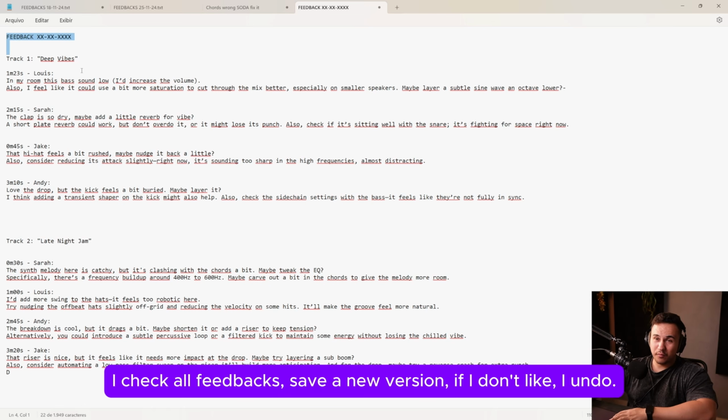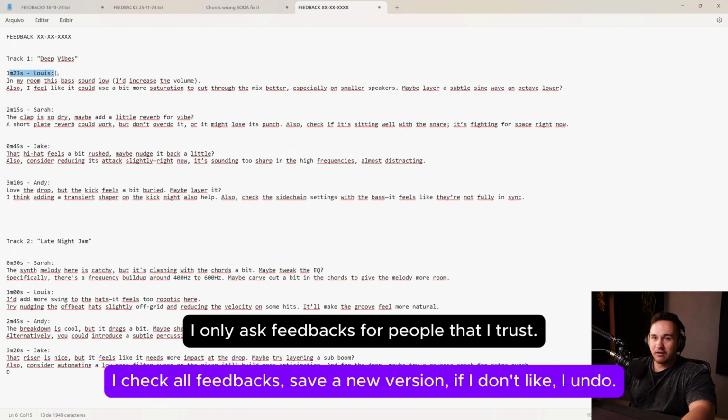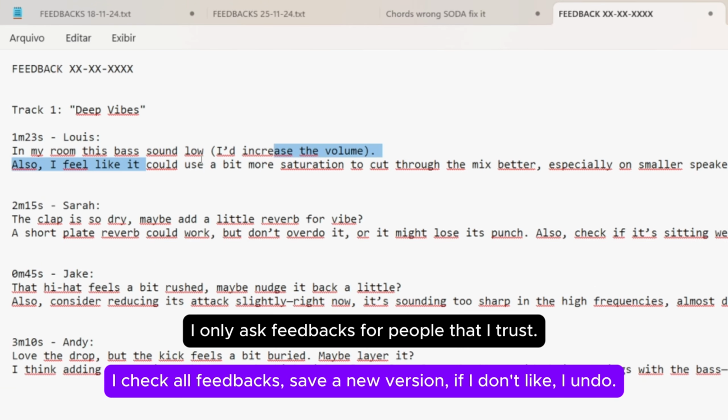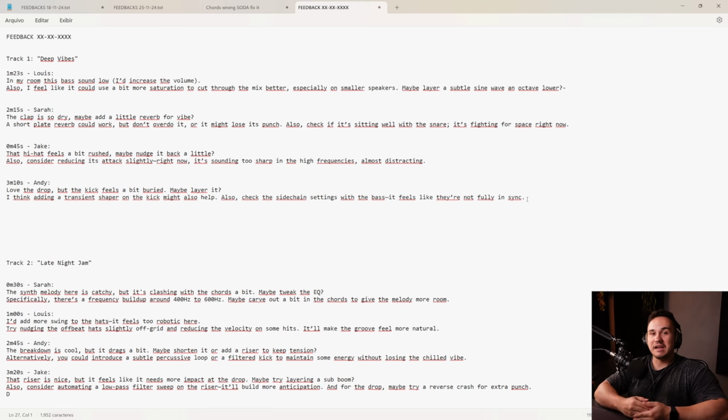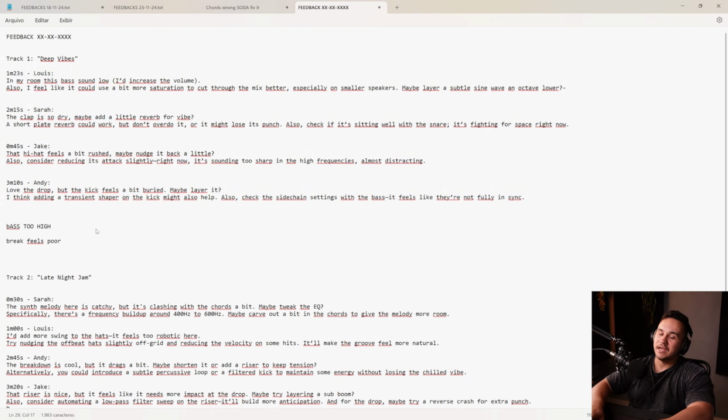This is, for example, what I usually do. This is fake because I cannot show you what I'm working on nowadays. But for example here, when I open my DAW, I'm going to listen to this feedback. Okay, the bass is really low. And sometimes when I'm DJing or running or riding a bike, I try to listen to some tracks of mine and try to write the feedback of it. So for example, bass too high, and then I take these random phrases, and when I open the project, I'm gonna check the bass, I'm gonna check the breaks, and this saves me a lot of time.